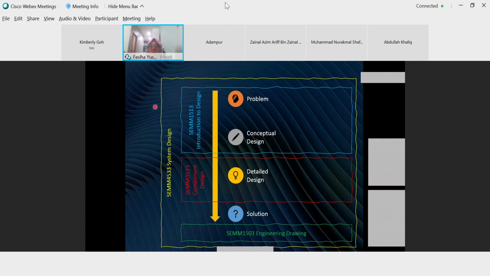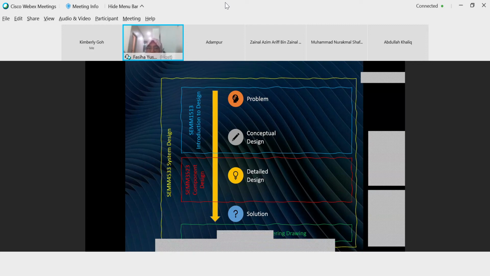So these are the things that we're going to do for this subject, this semester. It will cover everything. This will cap everything. It sounds not that difficult actually. You're just given one project, you work in a group also, to solve the problem. You just follow all the process here.